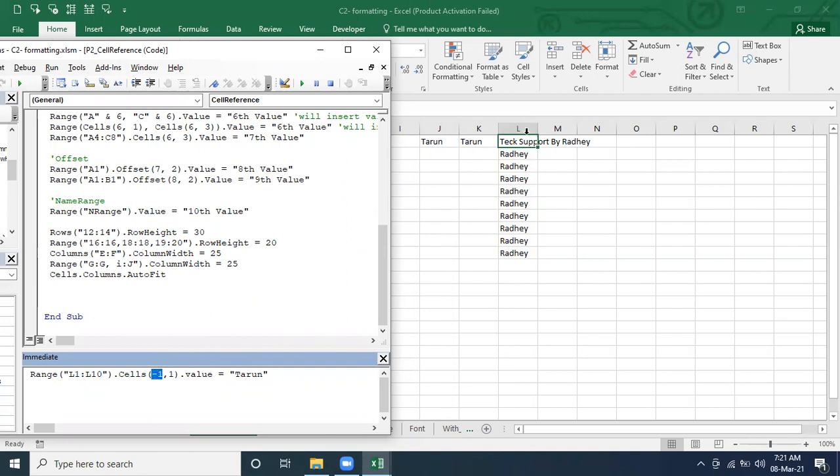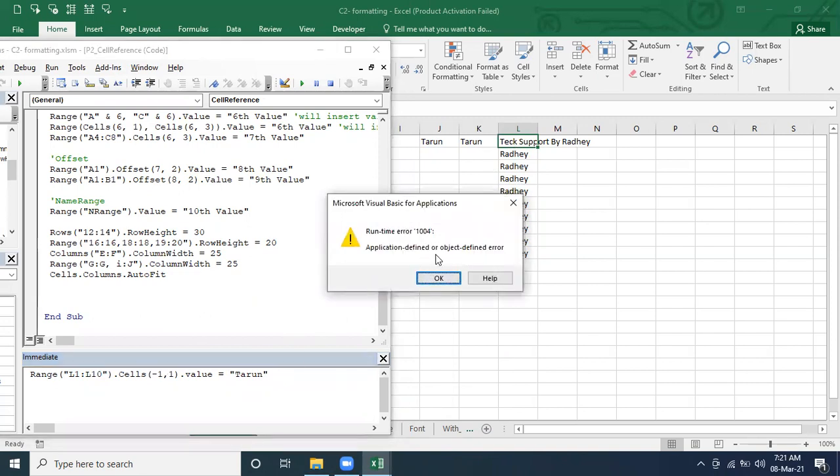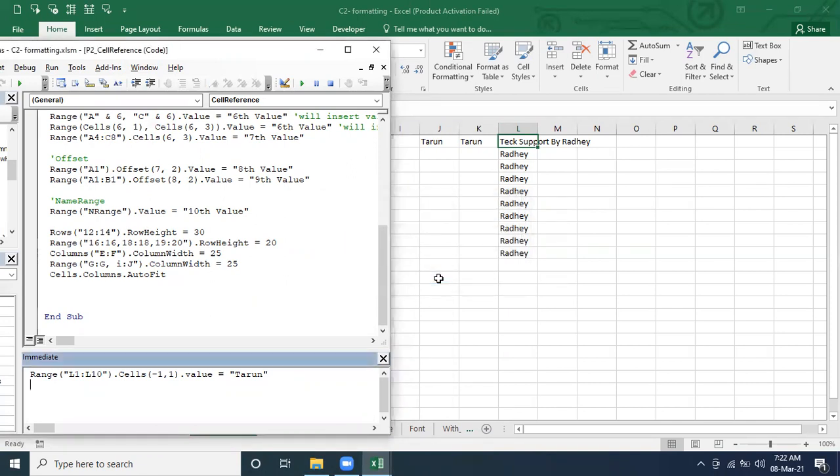So minus, is there any row? Upside to this, there is no row. Correct? Let me see. It's going to throw an error. Yes, so this is the one. This we should be aware of. One and one. When we define the range and then use the cell methods or cell function, we have to make sure that it should be one and one, if you are talking about that first cell value. And with respect to this, we can work around. No problem.